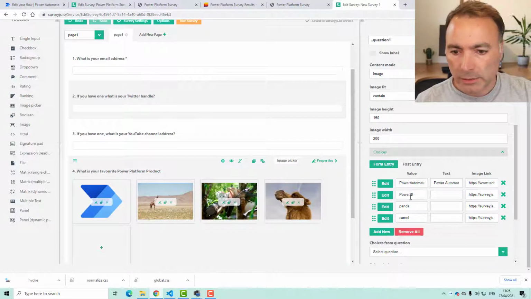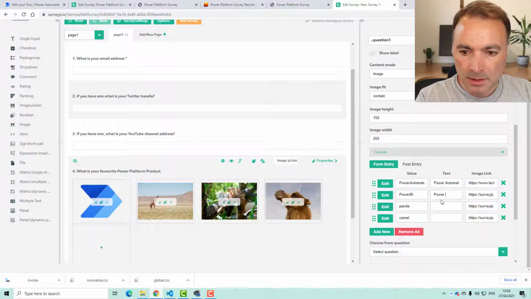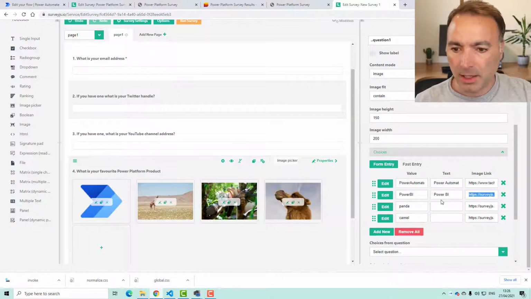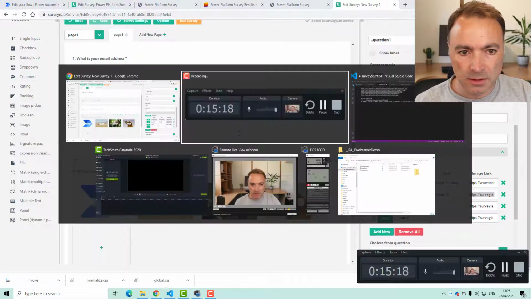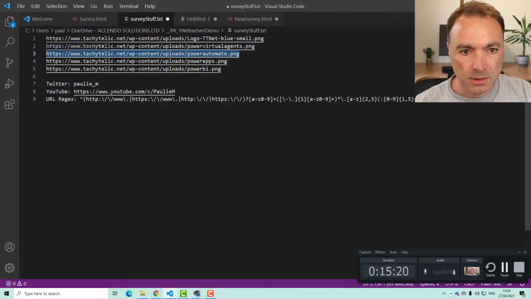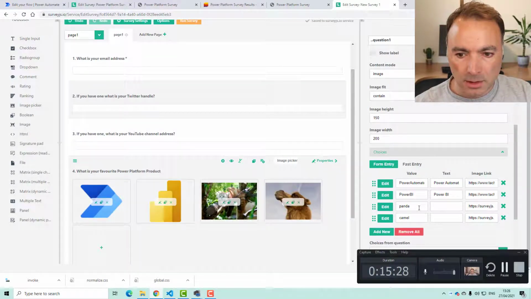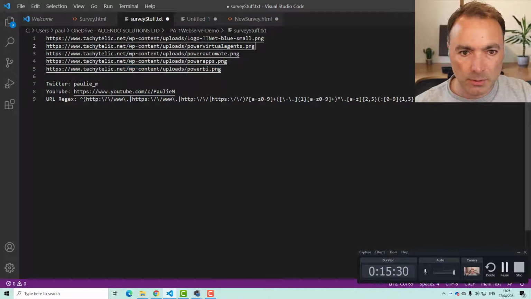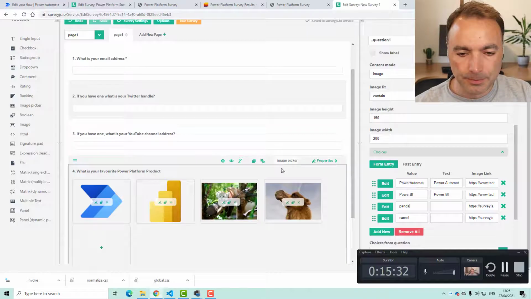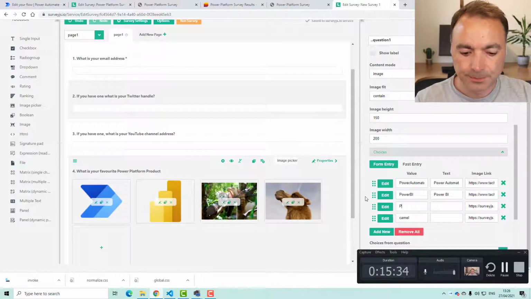Right, where were we? Looks like we are replacing the Power BI image of a giraffe to this one. Then we'll go for Power Virtual Agents.